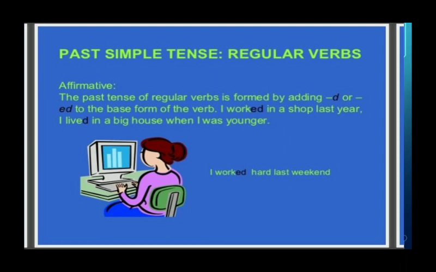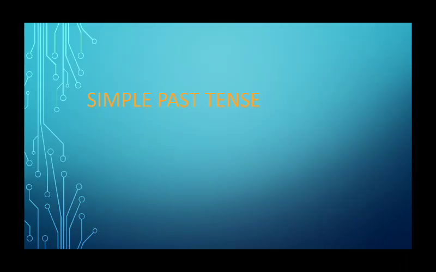So in the first segment, past simple tense, what are the regular verbs used. But before telling you about the regular verb, I would like to tell you the definition of the simple past tense. Actually, simple past tense is used to express a completed past action. This action is also the habitual actions which have been completed in the past times, or this tense is also used for a single act completed in the past.